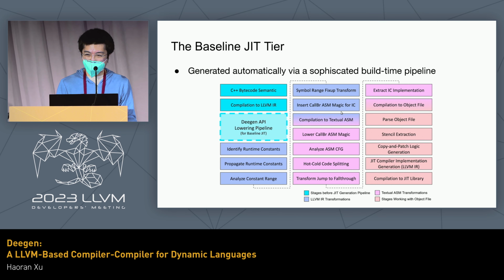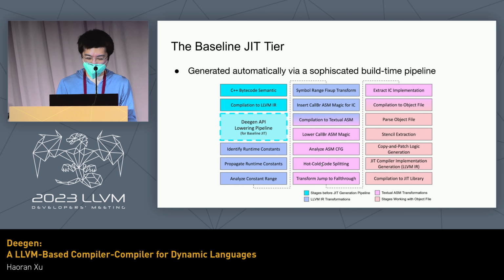So the thing is that LLVM is not really designed for dynamic languages. So we have to implement some of the optimizations unsupportable by LLVM by ourselves. And how we do it is that we compile it. We do some of the tricks at the LLVM IR level, and then we compile things to a textual ASM, and then we transform the assembly to achieve some of the optimizations undoable in LLVM, like inline caching and the hot